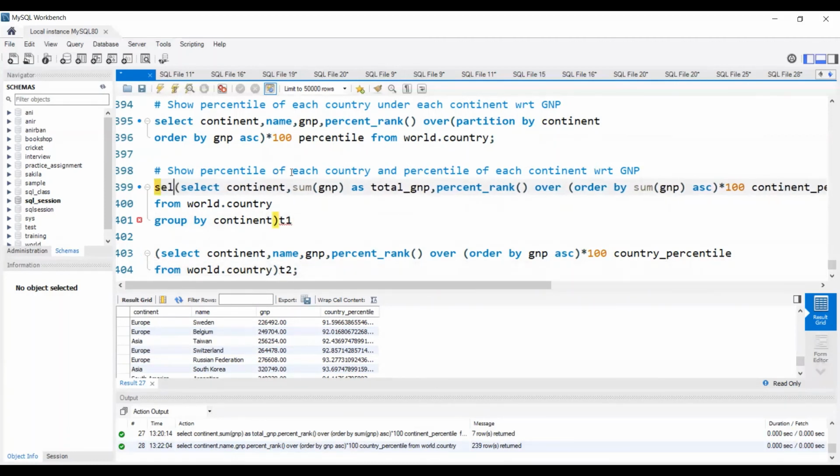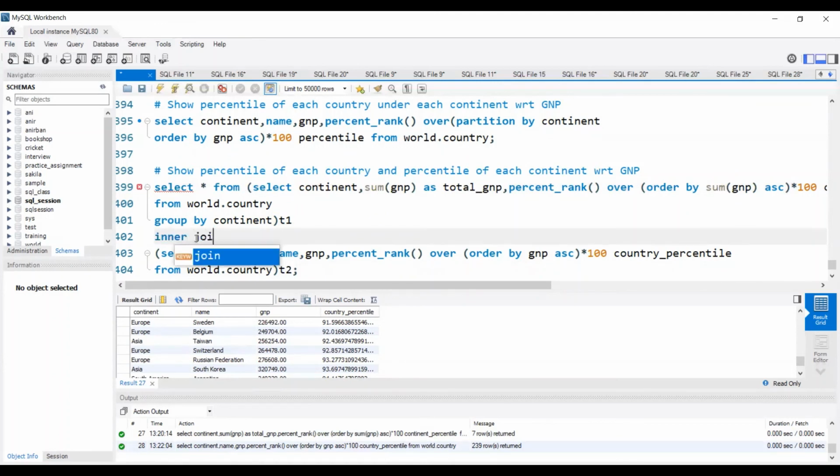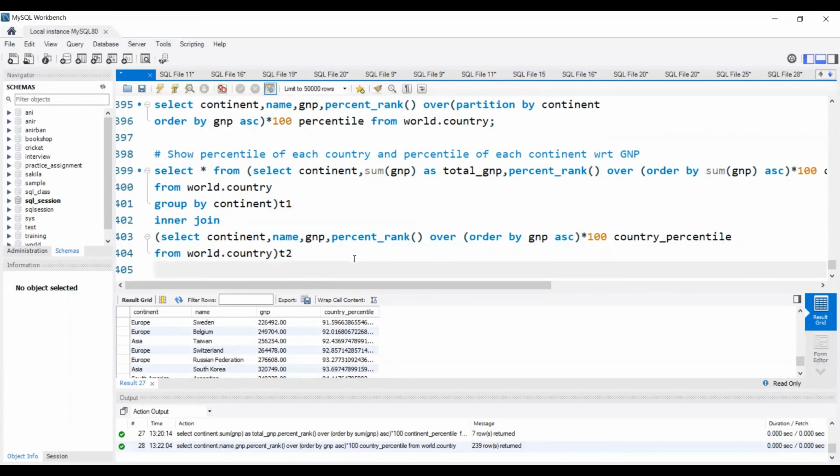Just before that, I will write select star from this, which is stored in T1, inner join the result of this query, which is stored in T2. So that means we are joining T1 and T2 on T1.continent, because continent is a common column, equal to T2.continent. Now let's execute it.